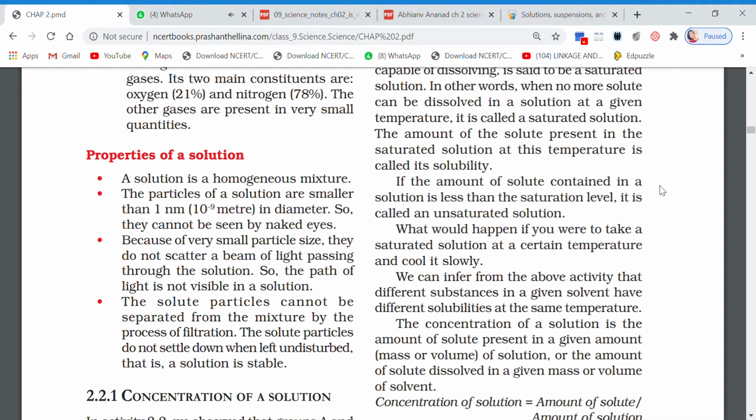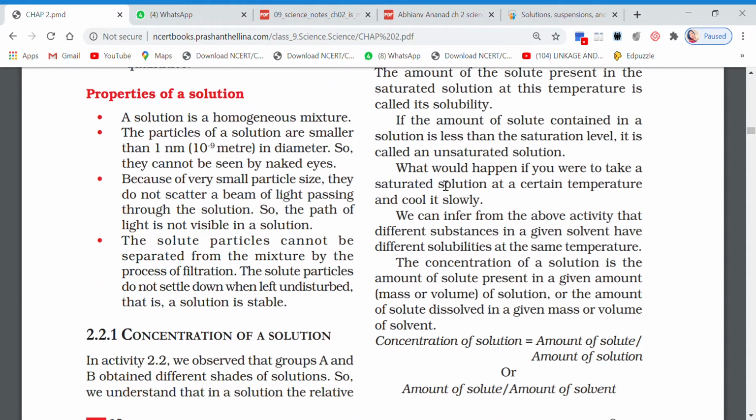So now write down the question here. Define unsaturated solution. Question is define unsaturated solution. And what is the answer? If the amount of solute contained in a solution is less than the saturation level, it is called an unsaturated solution. Okay? Now, what would happen if you were to take a saturated solution at a certain temperature and cool